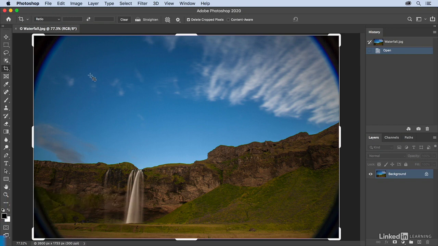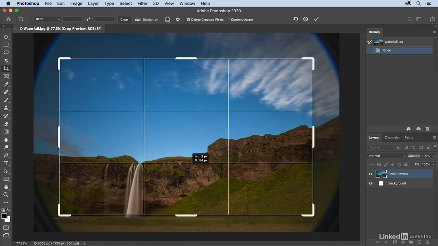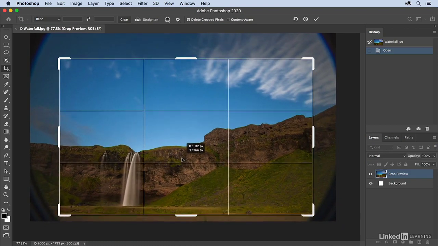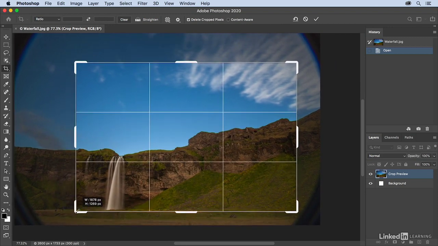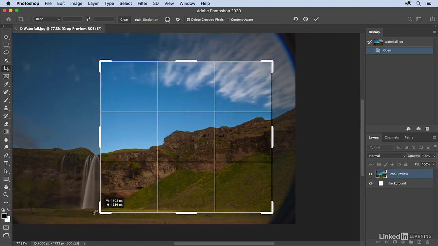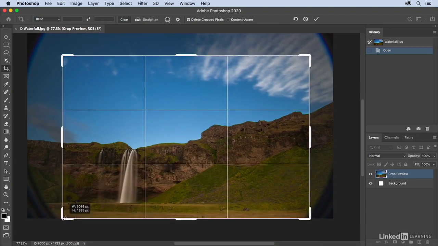But you can also just click in the image area in order to create your own crop, as long as you haven't already moved the edges. So I'll just drag out a crop right here. Now you can reposition the crop by moving the image within that crop. You can also use any of the handles in order to resize the crop. And as you drag, you'll notice that it is not constrained, so I can really make this crop any dimensions